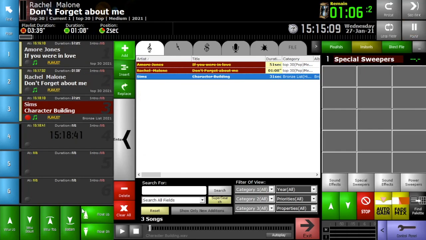I can use these positions over here. I can move it up, and I can move Amor Jones down. If I wanted Rachel and then Sims and then Amor. So, you can change the playlist. If I click on 3, then Amor is going to play. If I click on 1, Rachel will play. If I click at the top here,